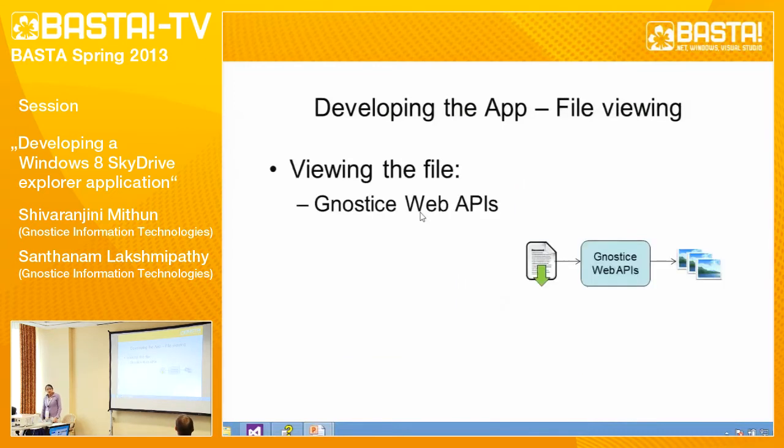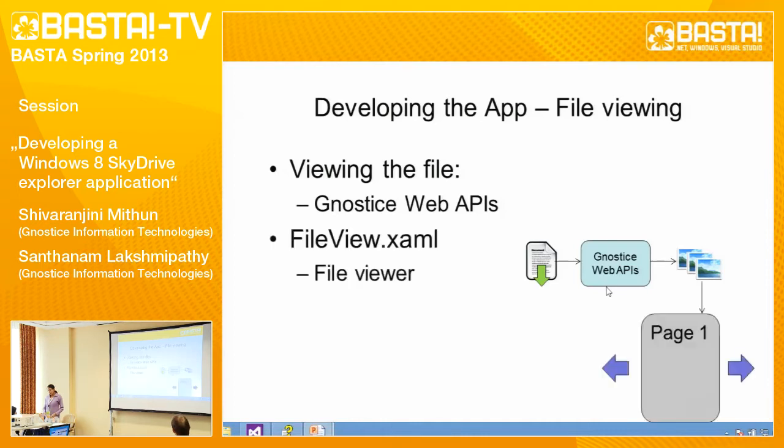First we'll download the file, and we convert this downloaded document into a set of images. Once we convert the downloaded document into a set of images, it's very easy to provide file viewing functionality in our application. To convert this file to a set of images, we are making use of Gnostice web APIs in our application. Once we get these converted images, we are going to pass the converted image URIs to another XAML page, that is the file view page.